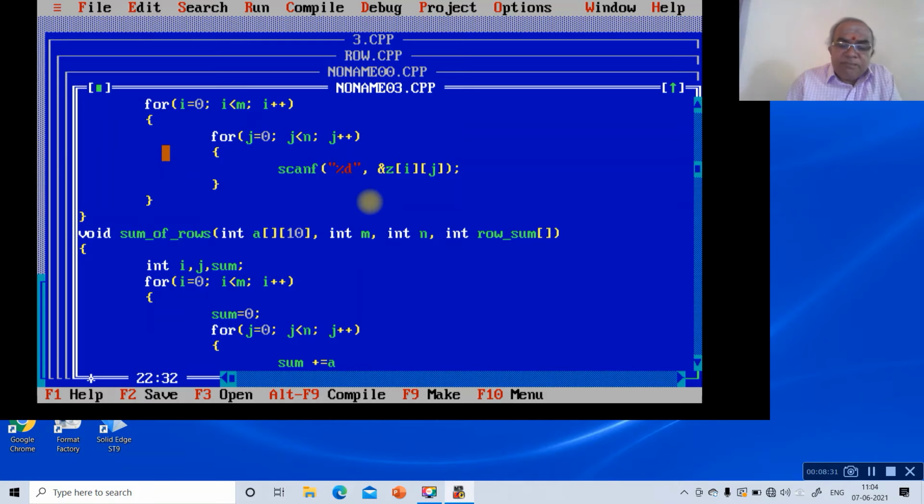So what does it mean? That means here sum will be equal to sum plus a[i][j]. The initial value of sum is 0 plus the a00 value, again sum plus the previous value of sum plus a01. Then the total sum of first row first column, first row second column plus first row third column, that is the total value we are going to get. That is the meaning of this.